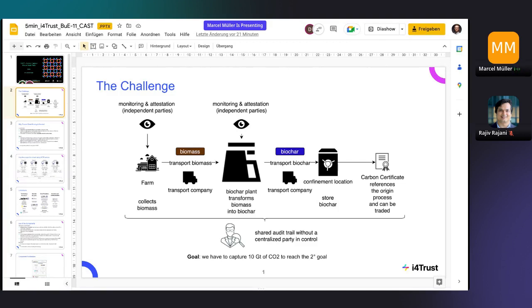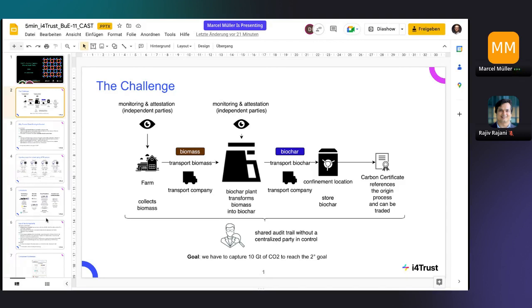So flowers are doing photosynthesis. They take the CO2 out of the air. They store it as long as they are alive. And usually, when they would die, they would dissipate the CO2 back into the earth again. And what we have is a process where we are preventing this biomass from dissipating CO2 back into the earth again, and keeping and transferring it in a solid product called biochar,